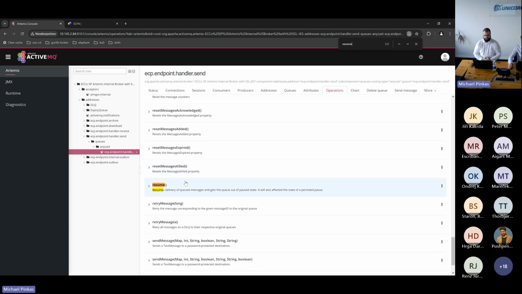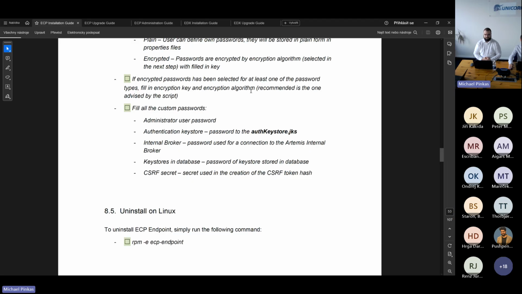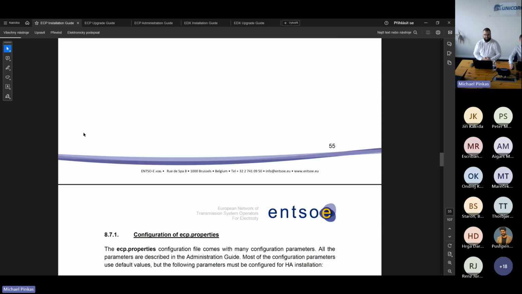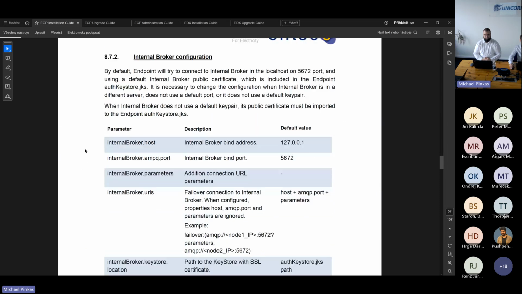This would be for the integration of your business applications, and so on. That's for the Artemis web console, and I will now proceed with the installation of the ECP endpoint, and that is the chapter